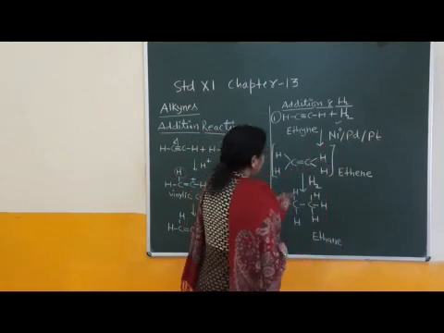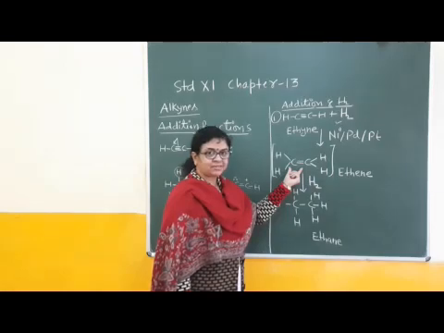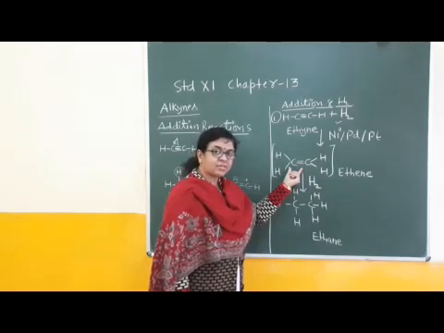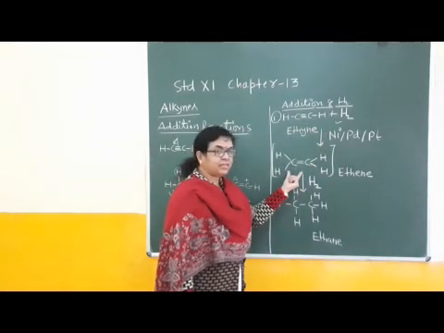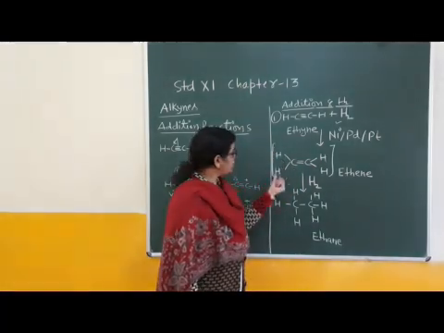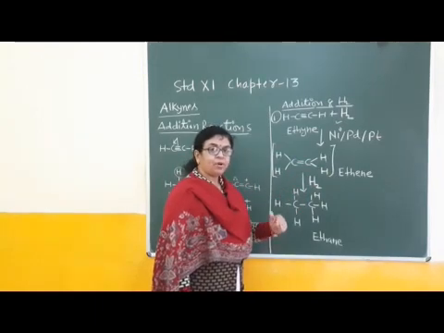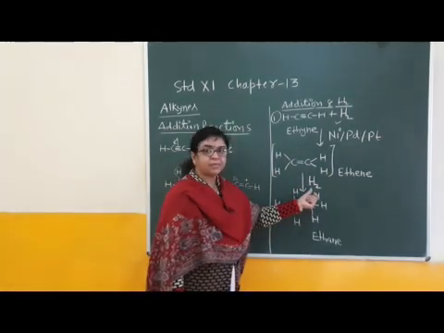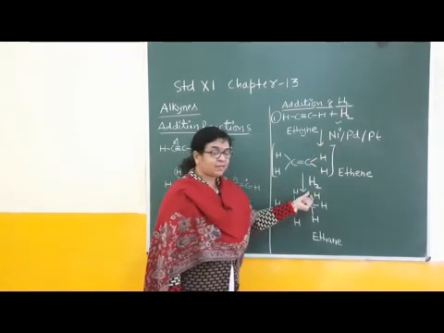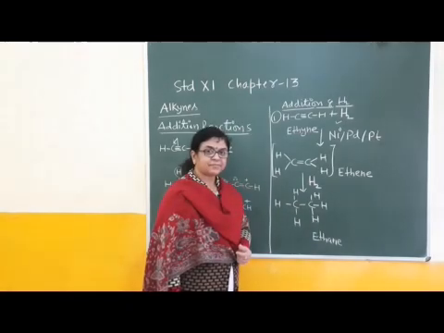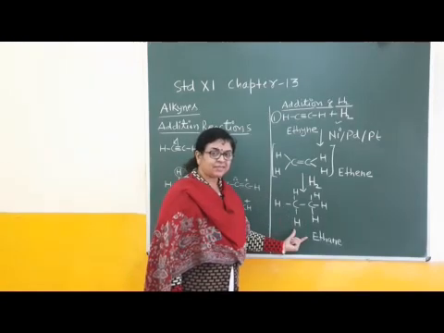Then addition of hydrogen and formation of ethene in one step of hydrogenation reaction, or the first step of addition reaction of ethyne with hydrogen, gives ethene, right? This product is written in square brackets, it means an unstable intermediate. The second step of addition reaction takes place in the presence of the same type of reactant, which is hydrogen. When hydrogen is taken in excess, then complete addition reaction takes place. And what is the nature of the final product? Saturated. This is ethane, right?